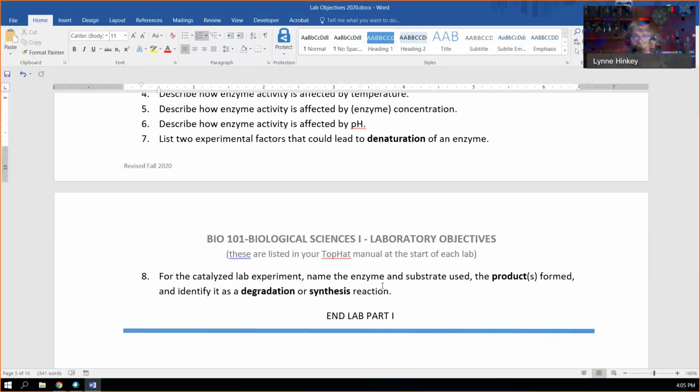And enzymes can work both ways. They can take small molecules and